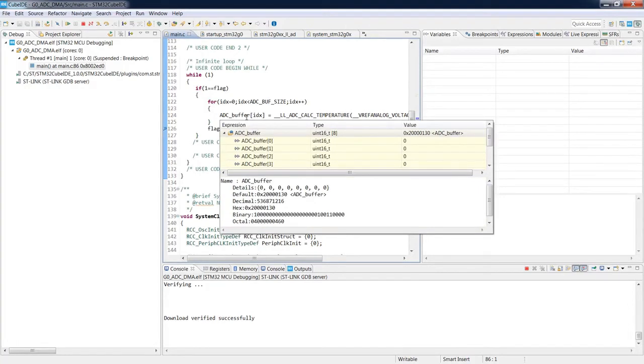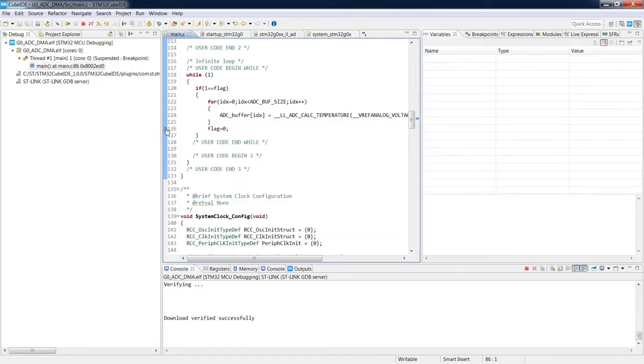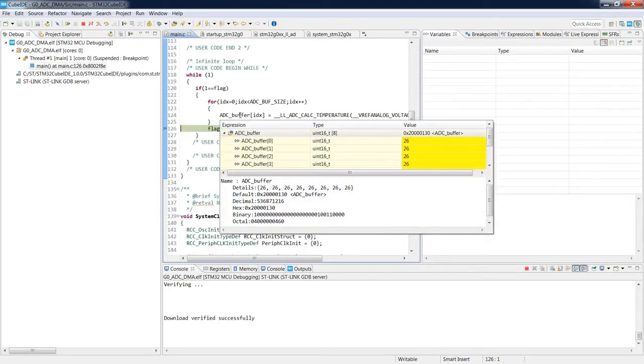Okay, I double click on this line and I run the conversion. So first it would convert data from the temperature sensor, and then it will land in this part of the code and convert it to Celsius degrees. Okay, we are already there. So I would just highlight our ADC buffer, and please have a look. Right now, instead of 900 something, we've got a value in Celsius degrees.